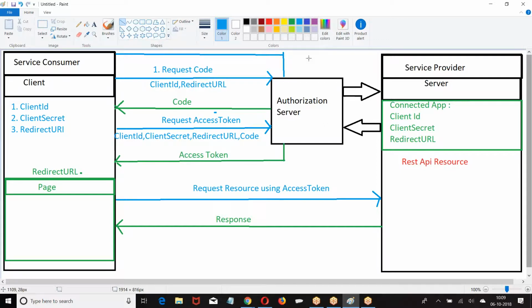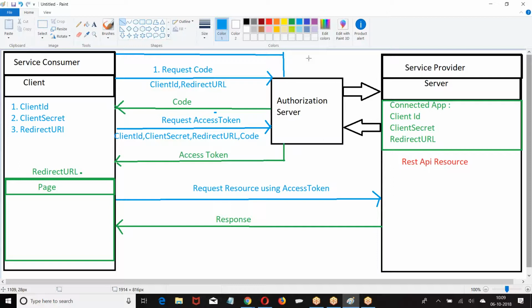Now, people may say, if you are using other technologies, you may have session tracking and all those concepts here, but no such topics are available here. One access token, only one request. If you go with Java or .NET, you can maintain session tracking. You can redirect the sessions, but here it is not possible. One access token is only used for one request. You made one request to the resource, done. That's the end of the game.